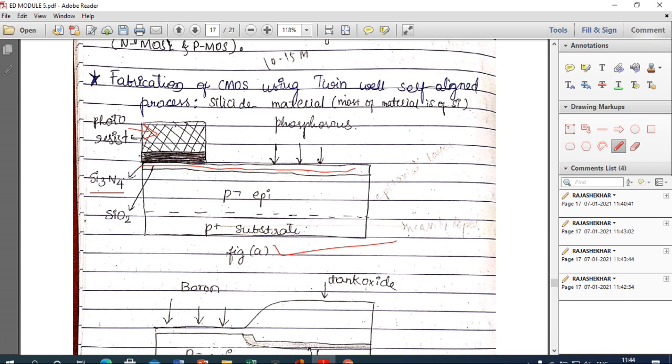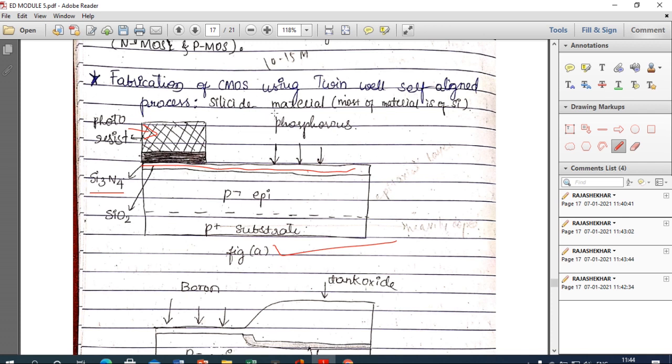As soon as light falls on the material, it will either get hardened or softened based on the selection of photoresist. If I select negative photoresist, it will get hardened when exposed to light. If I use positive photoresist, it will get softened when exposed to light.